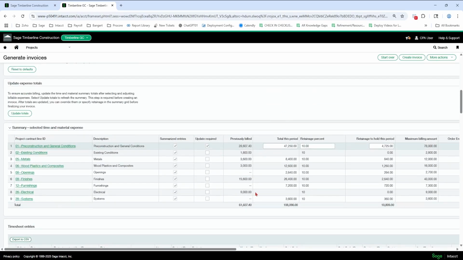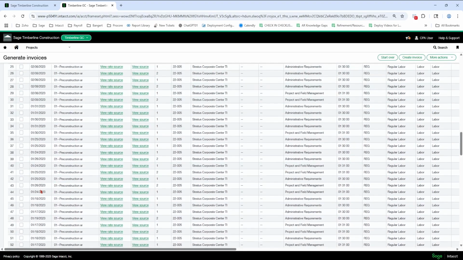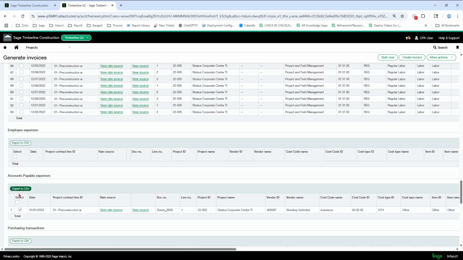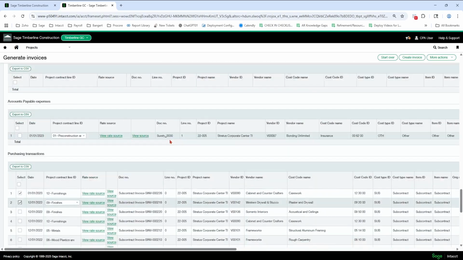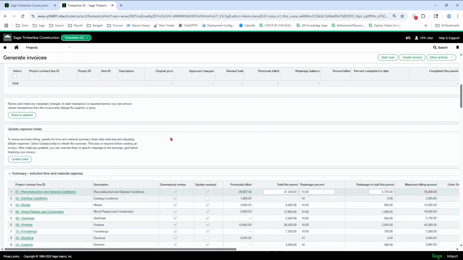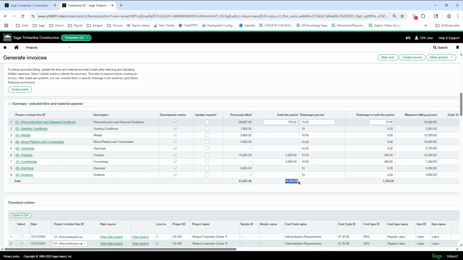So now this is going to create an AIA form. I'm going to unselect. I'm just going to select a few and then I'm going to select a few down here. And we're going to update totals again. And this is what it's going to generate on the AIA form with this much retainage held.